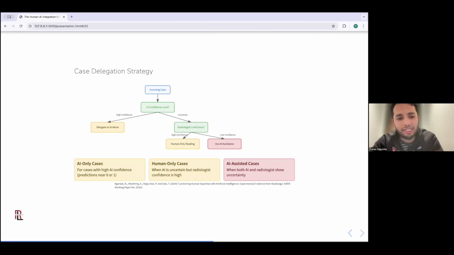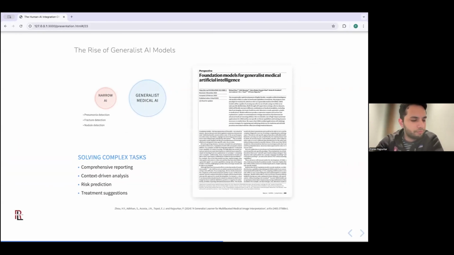It's an interesting setup in which AI-only cases are presented only to the AI in the system, while the humans get assigned the cases depending on the confidence level of the AI. So this is an interesting delegation strategy for which we only have really early evidence, and for which I expect we will see far more randomized control trials trying to explore the optimal delegation strategies.